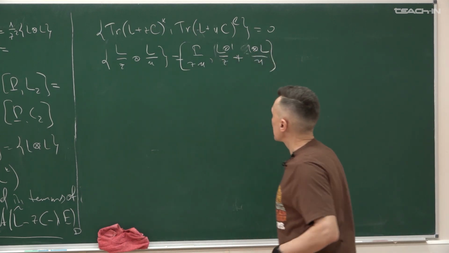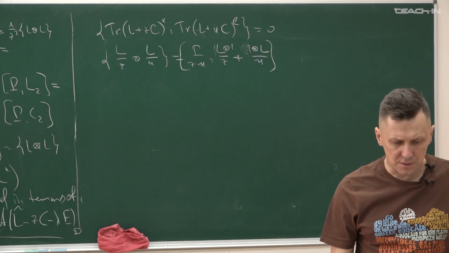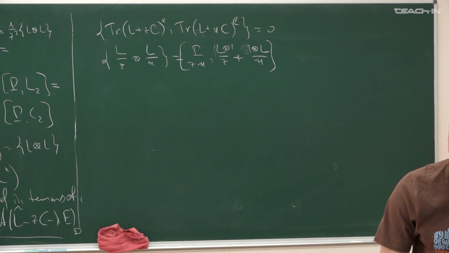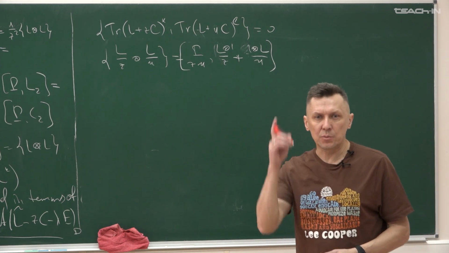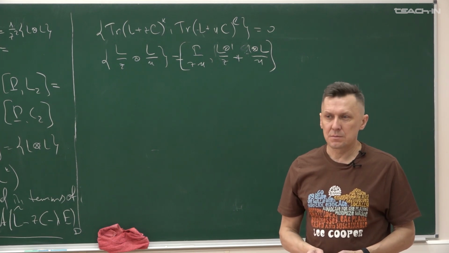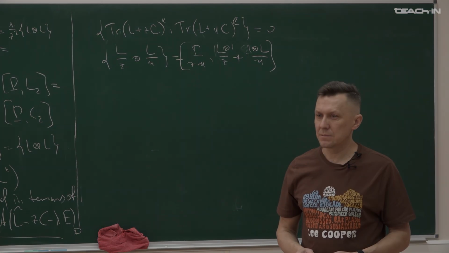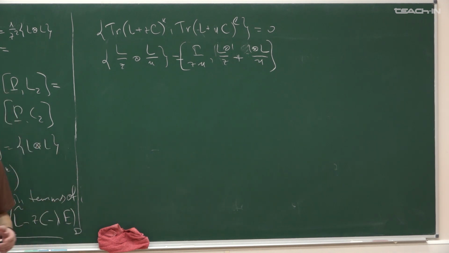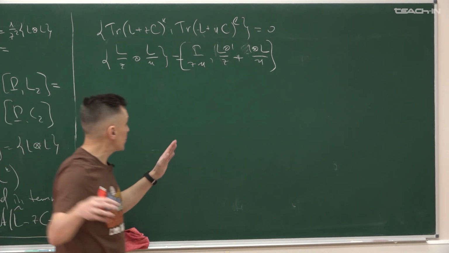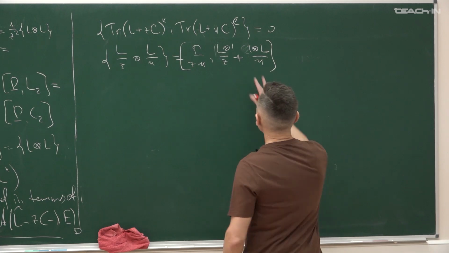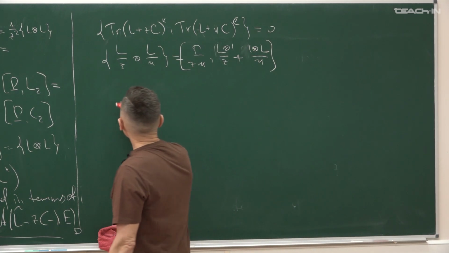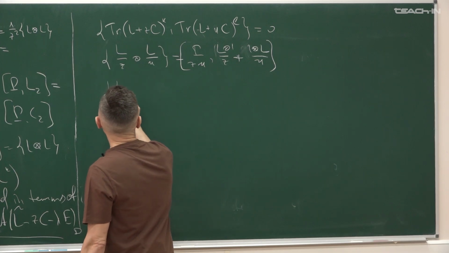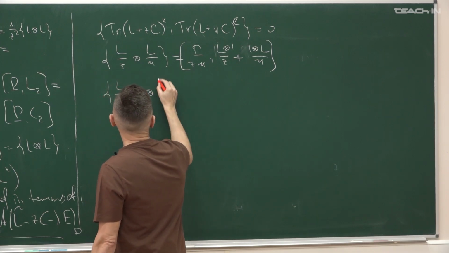This was the Poisson bracket in the Gaudin model. This is the Gaudin model with one point. But we discussed the Gaudin model with n points. This is its generalization to the one point. And if we write it like this,